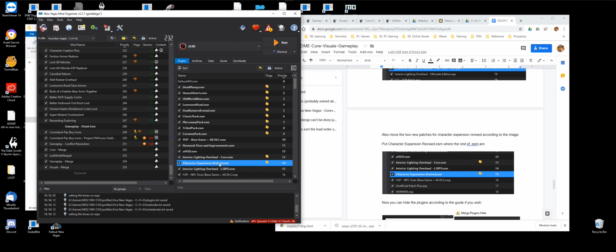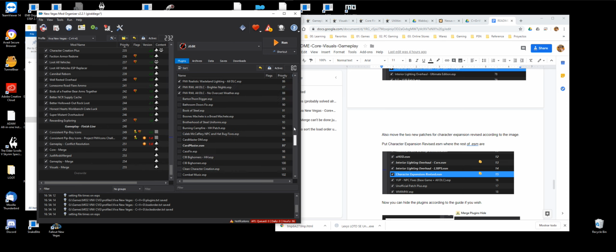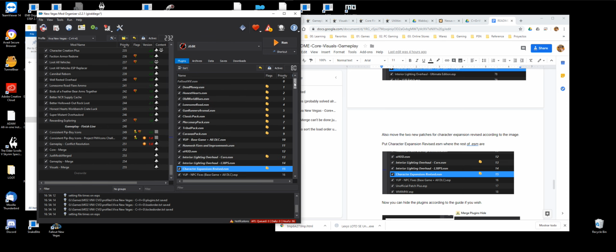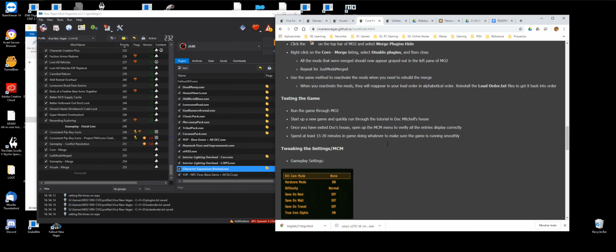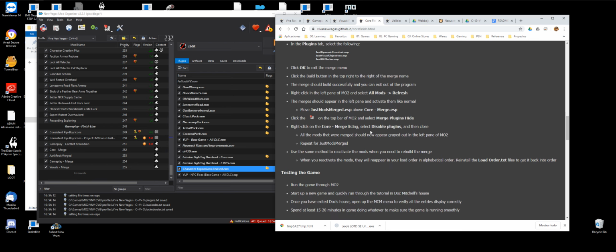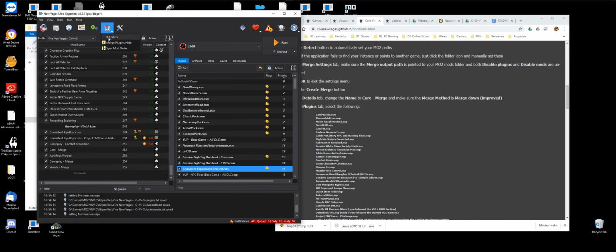Okay, I'm going to put it here. Okay, and that's all. You have your mod list done. So now you can do the step in any of the finish lines that says that you can hide